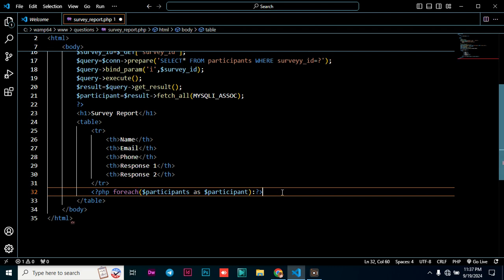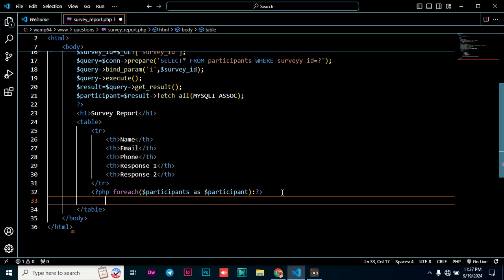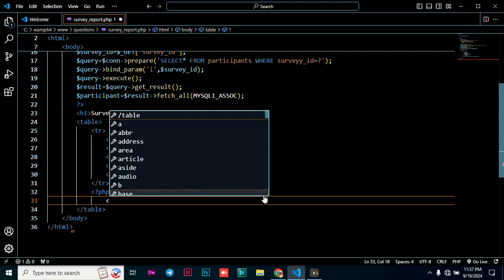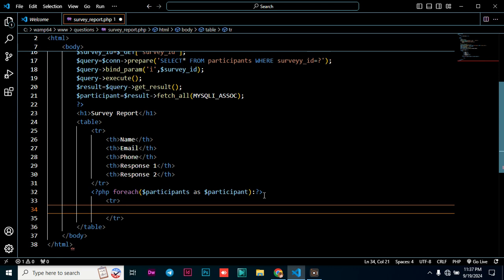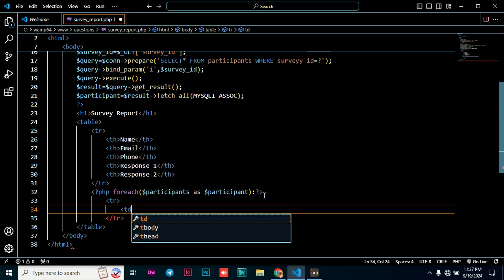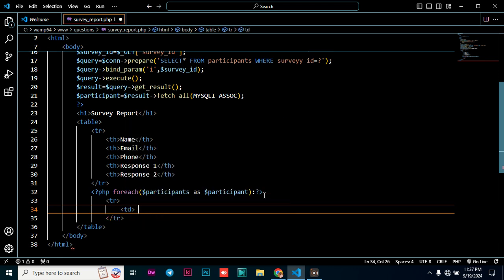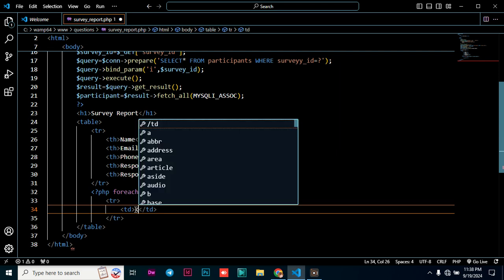Then what you need to do, you click down there, and then you outside there, remember we are talking about the PHP, so we have done the PHP opening, and then you have closed it down here. So what you need to continue, we continue to the next tr in our program. Now in this tr, the first td, so we close the td there,